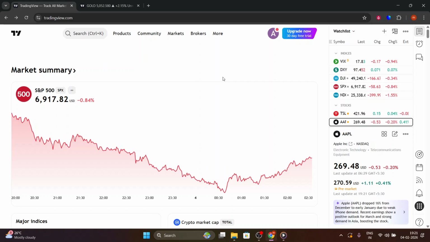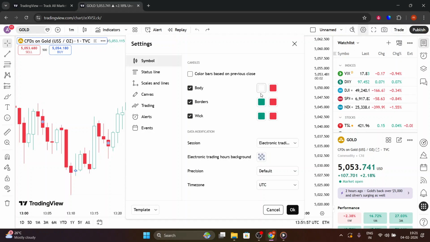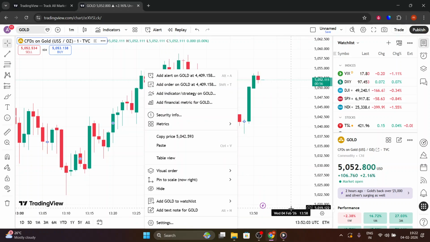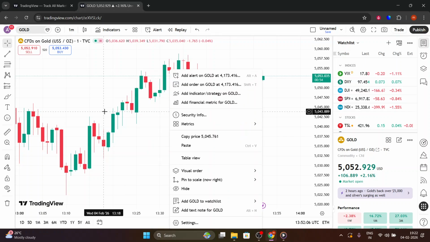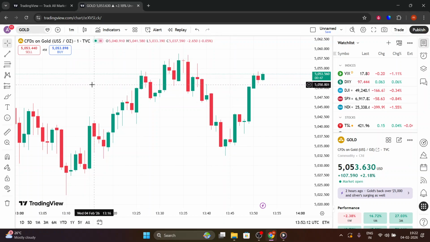Click the gear icon to open chart settings. Go to Appearance, then Template, and select Apply Defaults. This brings back the default background, grid lines, session breaks, and color theme. If your chart colors or grid visibility got inconsistent over time, this is the cleanest way to normalize visuals without